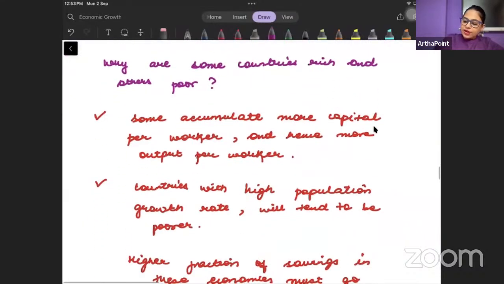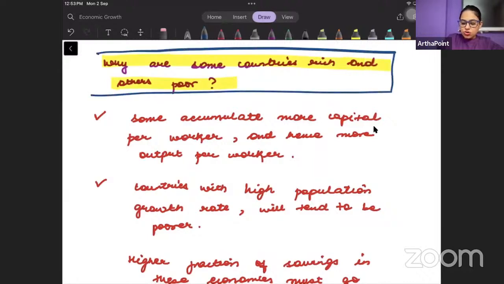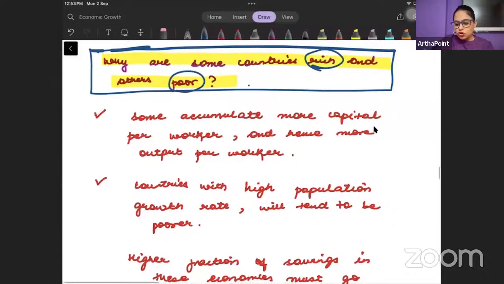Okay. Now one question arises: why are some countries rich and other countries poor? Why is it that some countries are rich and some countries are poor, right? So we have already tried to answer this question in a bit, right? So one, we know that richness and poorness depend on the savings rate and on the population growth rate,